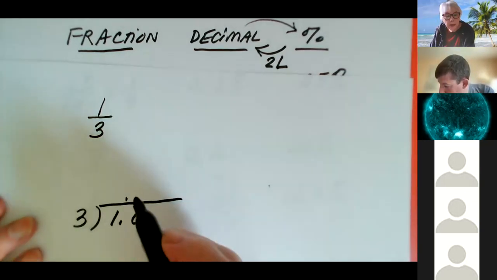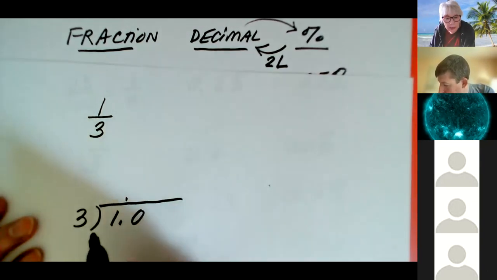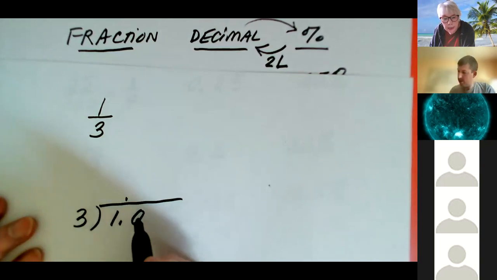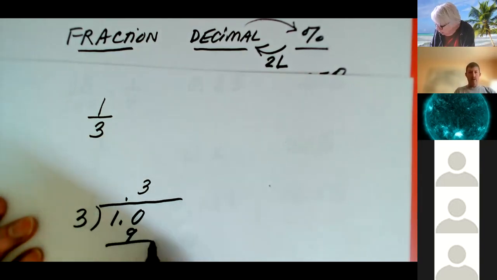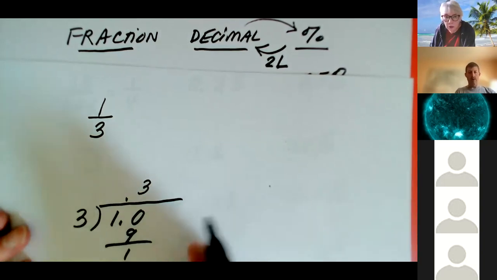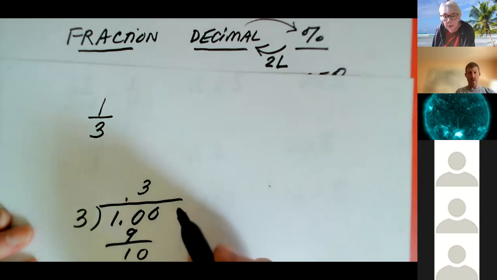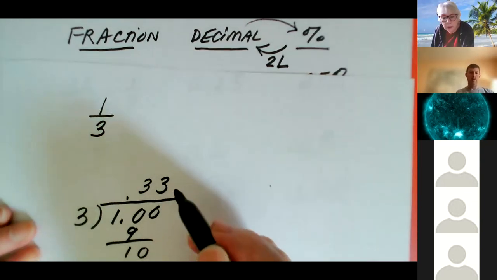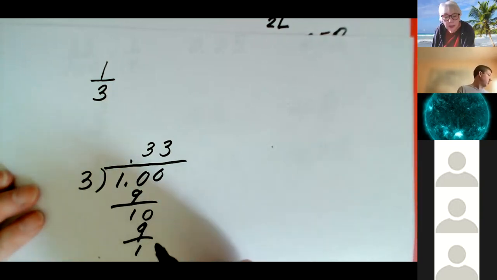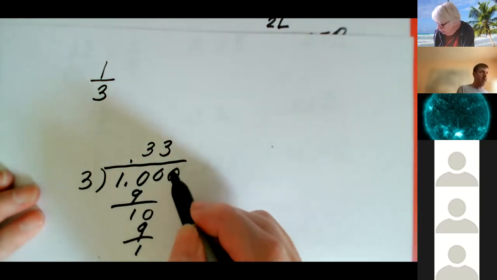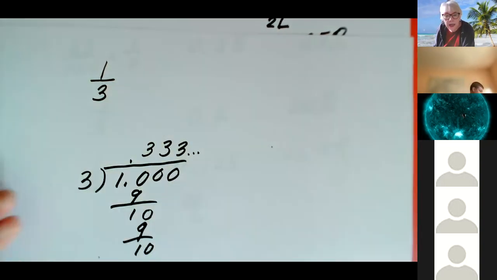And this is a case where things keep repeating, but let's just get started. 3 into 10 is 3. 3 times 3 is 9. 1 left over. Oh my, another 0. 3 into 10 is 3. Okay, same. It doesn't take long to see what's going to happen. 3 into 10 is 3. And this is going to keep repeating,